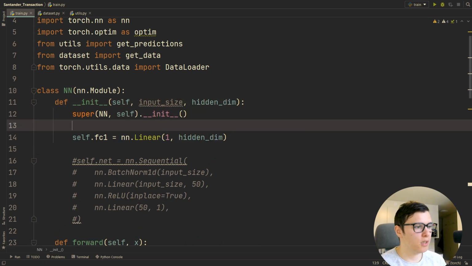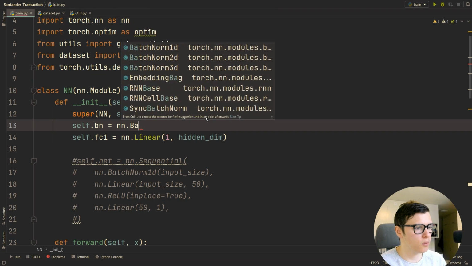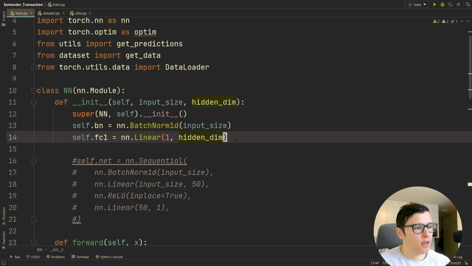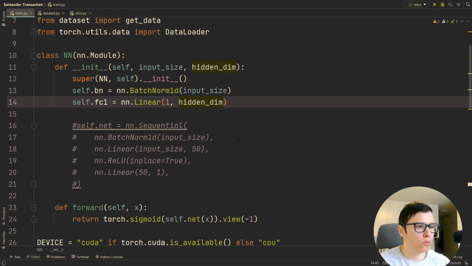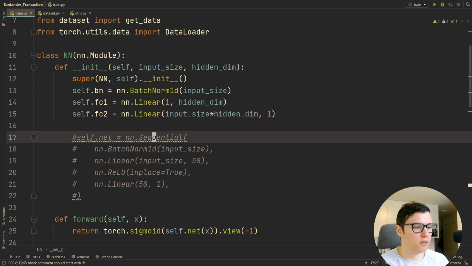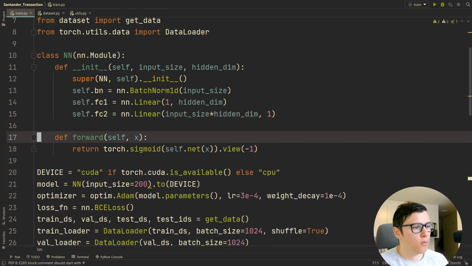And we'll also need the batch norm that we had, so the initial batch norm on the input size. Okay. And then the second fully connected is going to be a linear of input size times hidden dimension to a single value. Right? Maybe this doesn't make too much sense yet, but the idea here is that since there are no